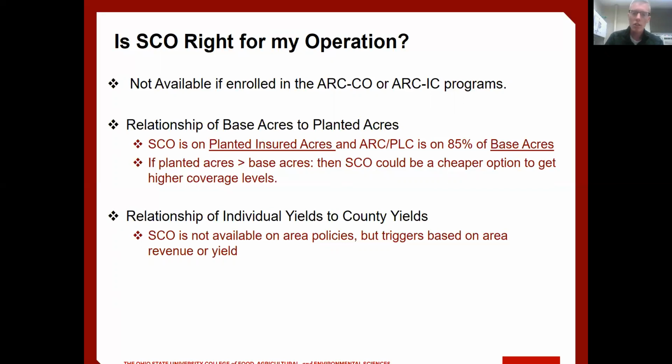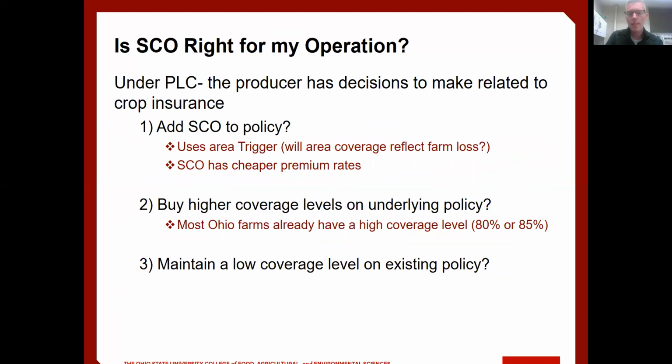We also encourage you to look at your individual yields compared to your county yields. Remember, SCO is a county or area-based insurance policy, and so depending on how variable your yields are to your county yields is going to play an important role. And then again,